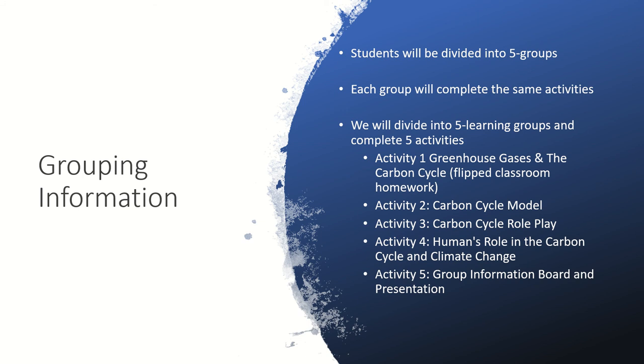This brings us to another review at the end of that day, where the teacher again talks about the human role in the carbon cycle and global warming, and then the students do their final flipped classroom assignment and come back into the classroom. Here, in activity 5, as I said, they will be building their information boards and their 7 to 10 minute presentations,